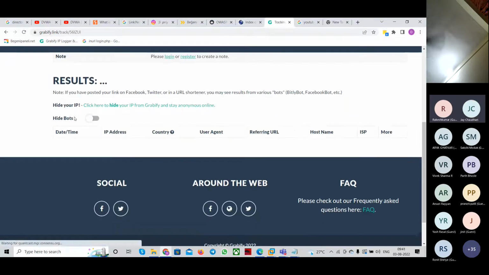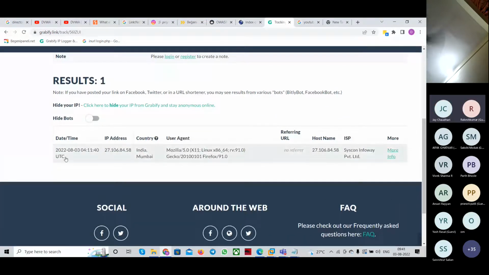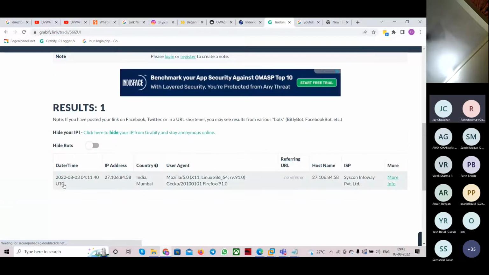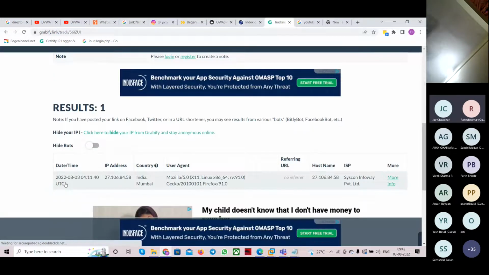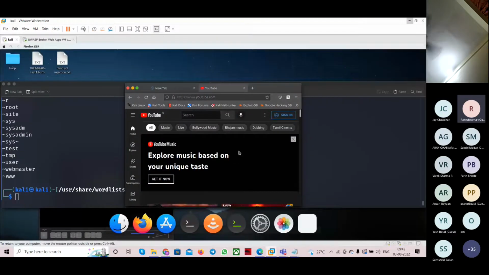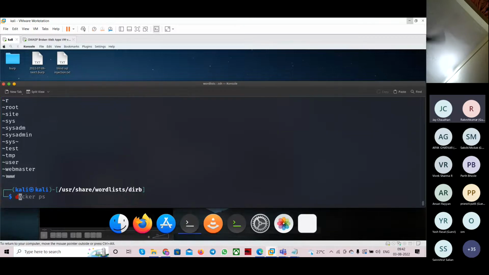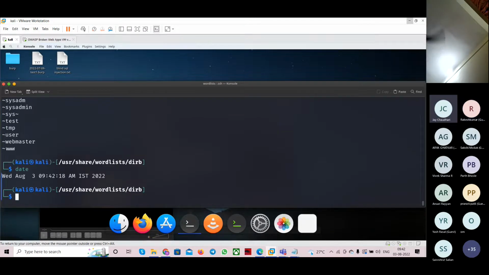ओके, सो यू कैन सी लिंक ओपन कब हुआ। यहाँ पे टाइम जोन तो अलग है क्योंकि यूटीएस का टाइम जोन है, वहां पे काली के अंदर टाइम जोन सेट नहीं है। तो ये 4:11 पे कुछ ओपन बता रहा है। काली के अंदर अगर से आप जाके देखोगे तो टाइम भी यही बताएगा। इसका डेट और टाइम आप कैसे देखोगे, यहाँ पे कमांड होता है डेट करके, वहाँ पे साफ दिख जाता है। यहाँ पे तो प्रॉपर बता रहा है 9:42 समथिंग।